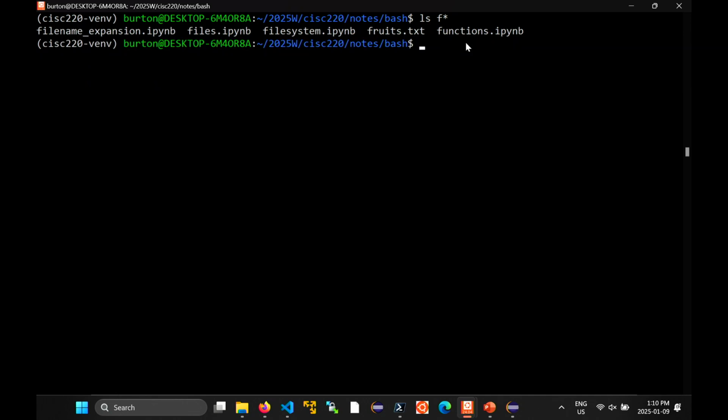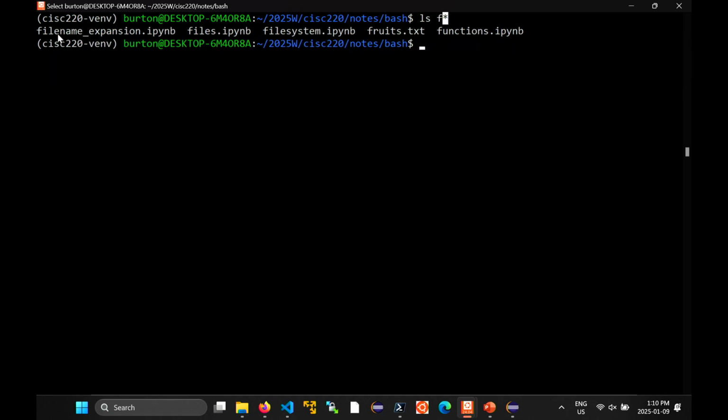So all of the files that begin with F. One more time. When you do this, this is an example of what Bash calls an expansion. So when you type in ls f star and press enter, one of the things that happens is Bash sees the f star, and it replaces the star with its expansion. The star matches any sequence of characters. So it replaces the star, so it does ls f,